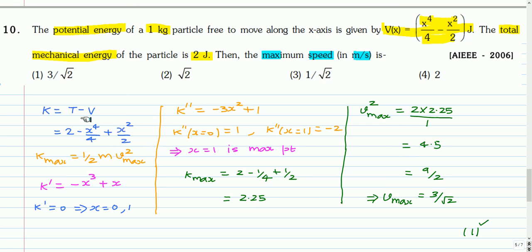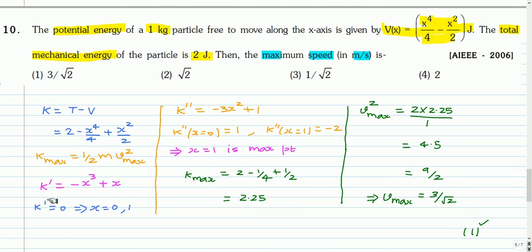So the total energy of the system is related to kinetic energy, as kinetic energy is total energy minus the potential energy. The potential energy is this expression given. So this is the expression of kinetic energy. So if we find the maximum speed, the kinetic energy is given as half mv square. So when speed is maximum, the kinetic energy will also be maximum. So you have to find the maximum value of kinetic energy to get the maximum value of speed. So this is the expression for kinetic energy which varies as a function of x. So we have to find the value of x for which K is maximum.